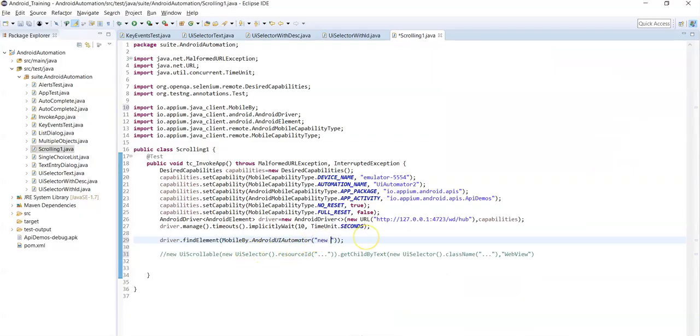Now new UI scrollable of. Inside the UI scrollable class, you need to pass the locator of the scrollable container, right? So new UI selector dot resource ID of, pass the resource ID value, but you need to place backslash right before the double quotes.